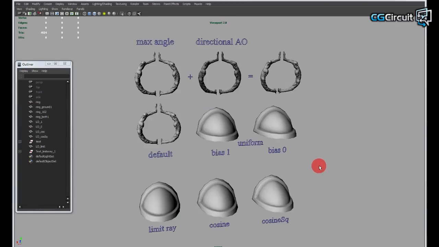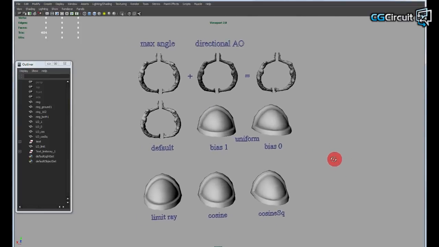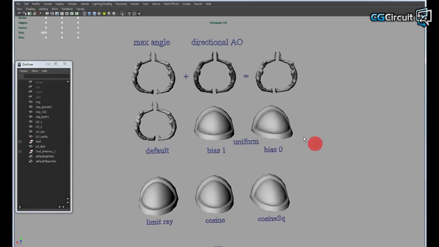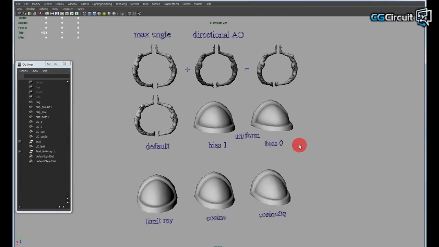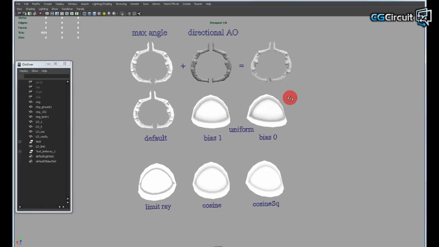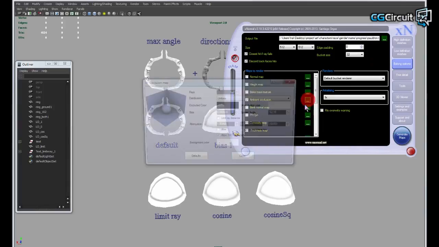I put together this scene here to try to give visual examples of what some of these settings do in XNormal. Now, a lot of this looks pretty similar right here because I have the normal map on, but if I turned it off just so that only the texture shows, you can see the difference. If we go back to XNormal just for a second, just to bring this up again,